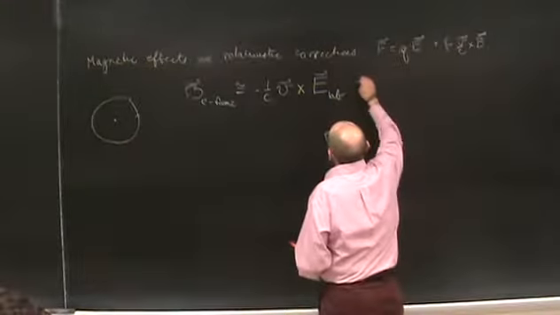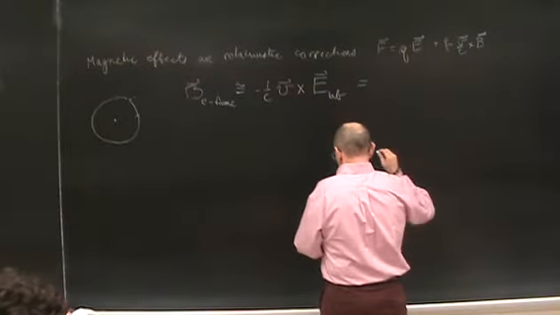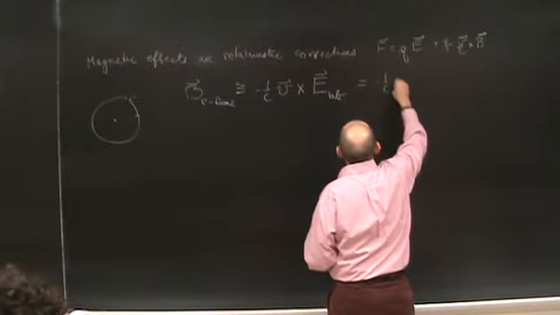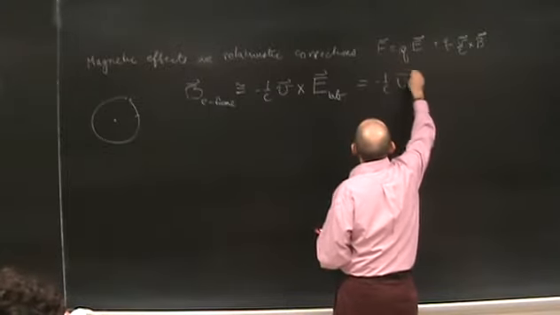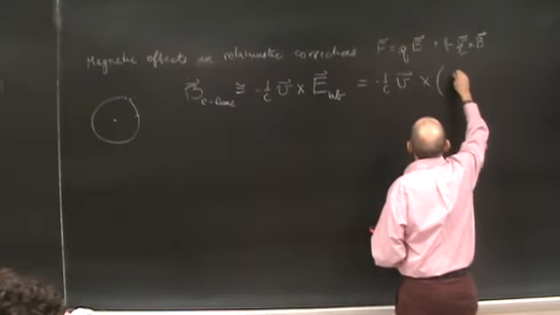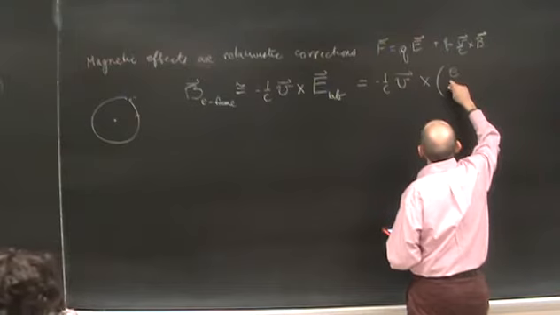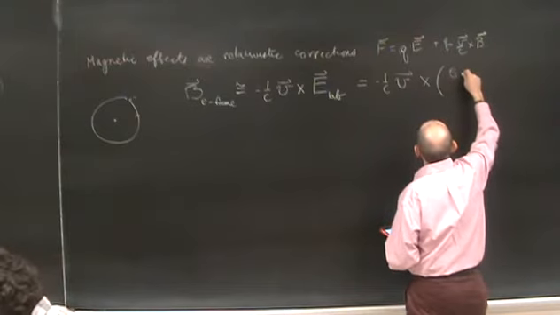So that is then equal to the electric field, which is the field coming from a point charge, right? And that is the proton's charge times 1 over the distance squared times